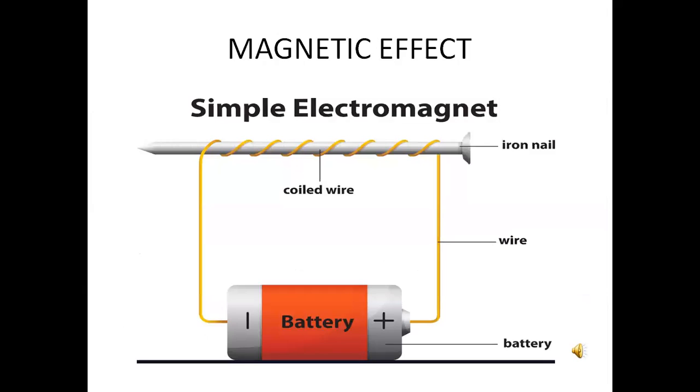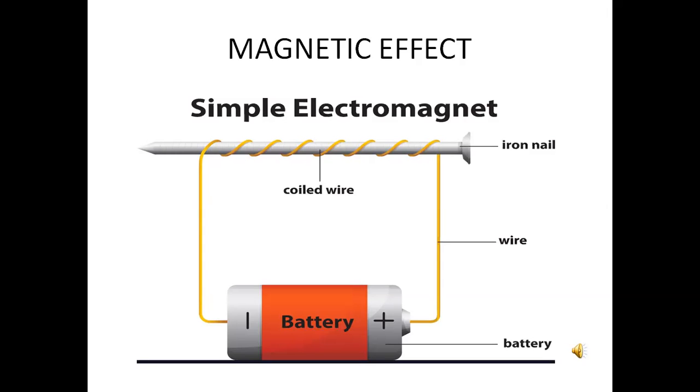Next, magnetic effect. The application of magnetic effect of electric current is the electromagnet. Here we'll see a simple electromagnet. Magnetic effect of electric current has been used in making powerful electromagnets. Electromagnets are also used to remove splinters of steel or iron in hospitals dealing with eye injuries. Electromagnets are used in many appliances that we use in our day-to-day life, namely electric bell, cranes and telephone.